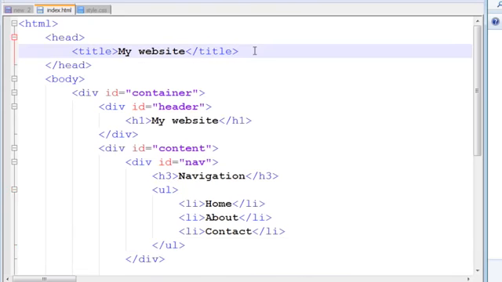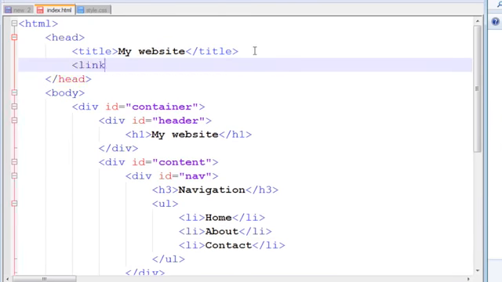First we have to define a relationship between the HTML file and the CSS file. We do this with the link tag in the head section of the HTML. The first attribute is the relationship, rel, and we tell it that it's a style sheet. The type of the file is text/css, and then the link or the path to the file, and since it's in the same folder we can use a very simple relative path of style.css, and then it's a self-closing tag